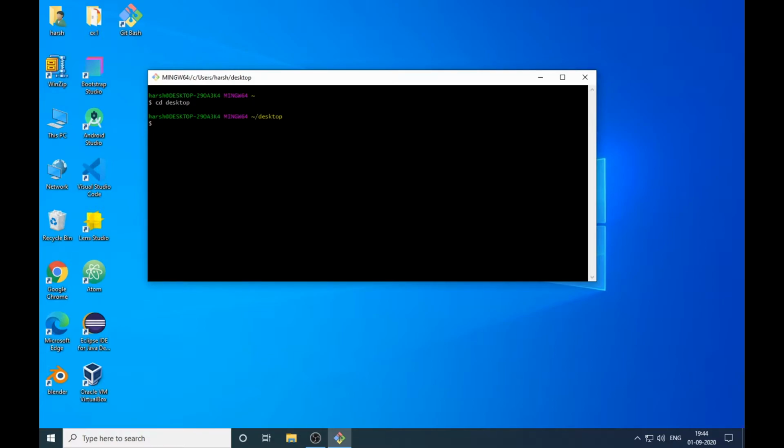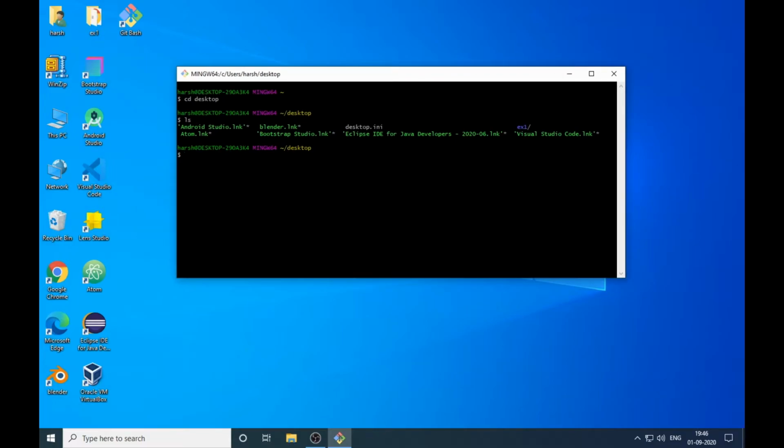So to confirm this, I will use one more command, which is ls. Ls means list. It will give you the list of all the elements, files and folders in the desktop folder. As you can see here, we have many folders, like Android, Blender, Bootstrap, Eclipse. We can confirm the list has the elements which are inside the desktop.